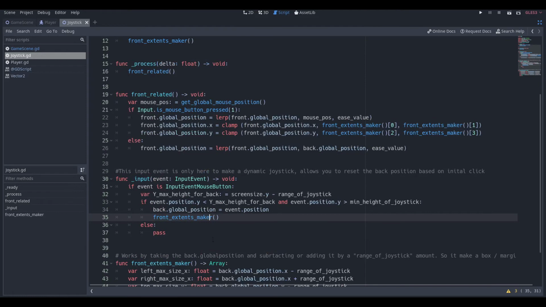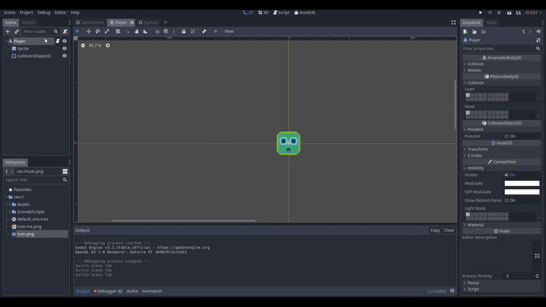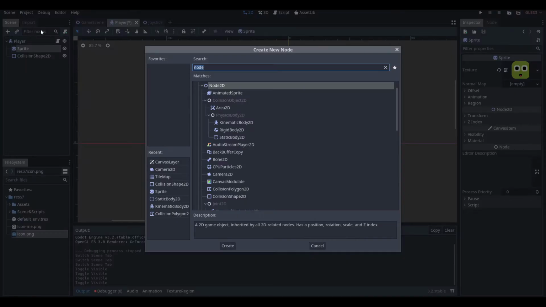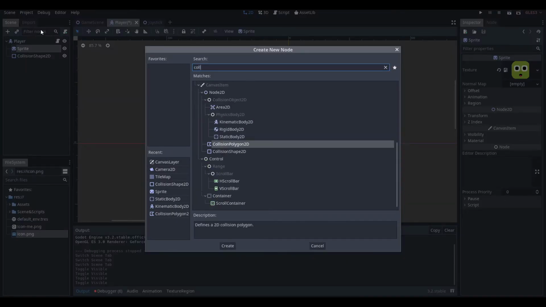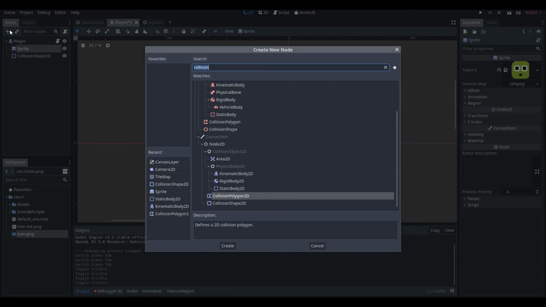And that's the joystick. Now, quickly go over the player. The player, since it's a kinematic body 2D, comes with its pre-built physics functions. Just throw in a sprite and a collision body. If you don't know how to do that, just search up sprite or collision body. And if you're wondering what that player character is over there, kind of looking like Mario, then you just go